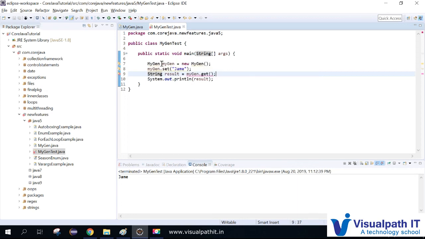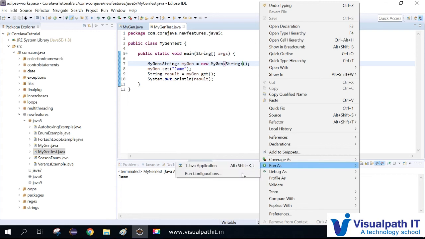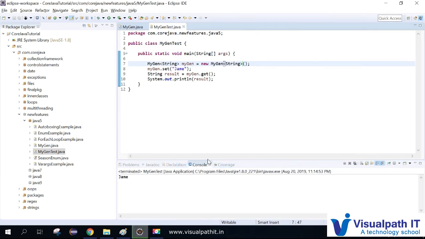If I want to use it for string, then when I'm accessing this class, I just need to give the string type, like how we do for ArrayList. That's it. It works for string now.